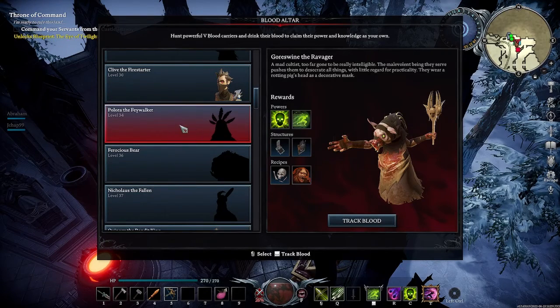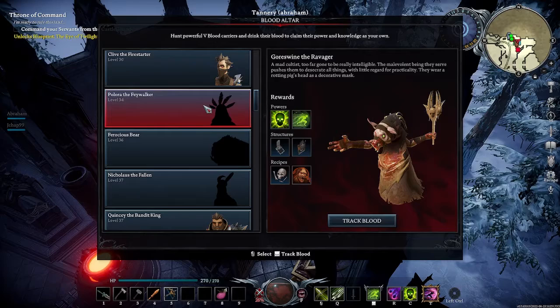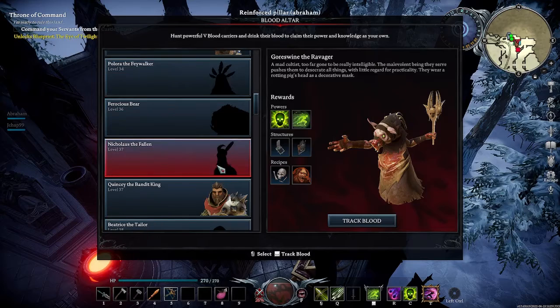Pelora, the Feywalker, she's really annoying because she likes to spawn a bunch of adds. Her and Nicholas like to spawn a bunch of the smaller, lower level mobs, but they shoot a lot of attacks and they spawn them a lot. So she's not very hard, but they can get out of hand very quickly. Nicholas